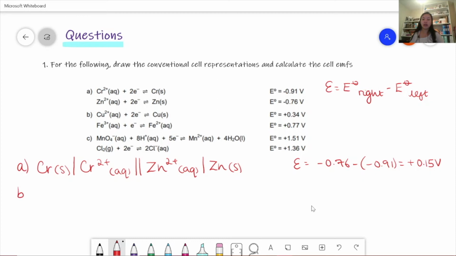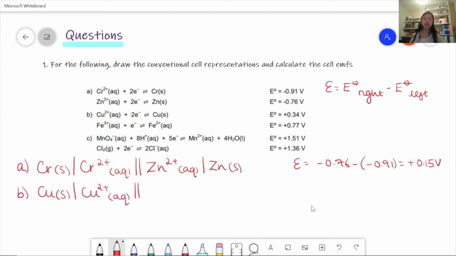For B, we do the same thing. So we think, firstly, which one has the more negative standard electrode potential, and that is the copper. So the copper half cell goes on the left. And now we think which one out of copper and copper 2+ ion is the most oxidized, and that goes in the middle. And so that means that the copper goes on the outside. So we have copper solid, and then that's separated by a straight line, and then we have the copper 2+ ion,